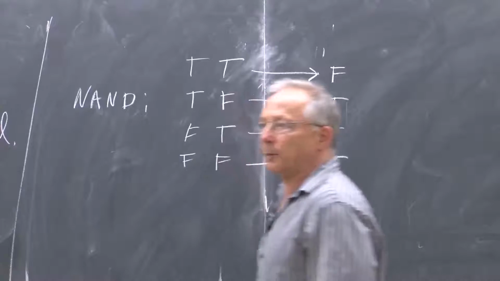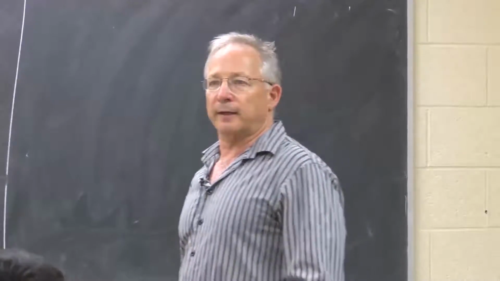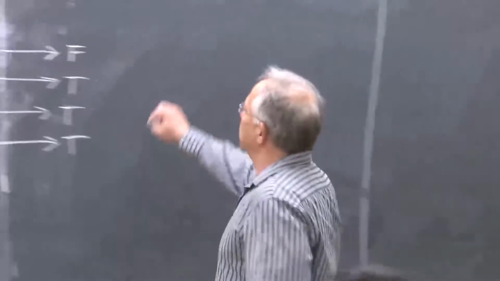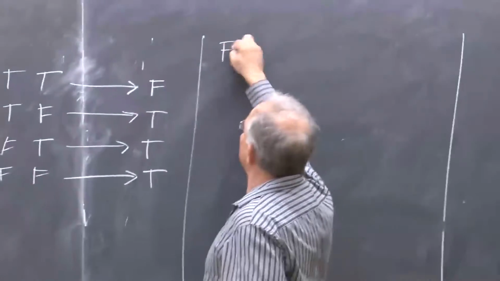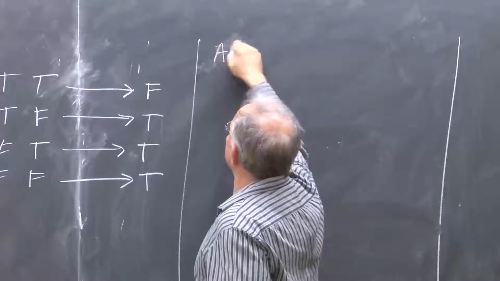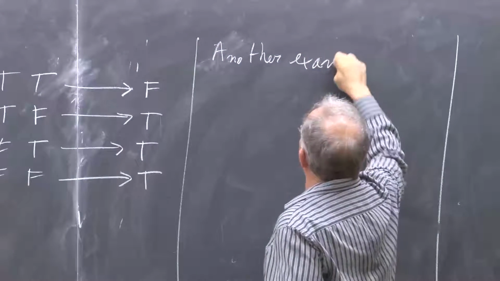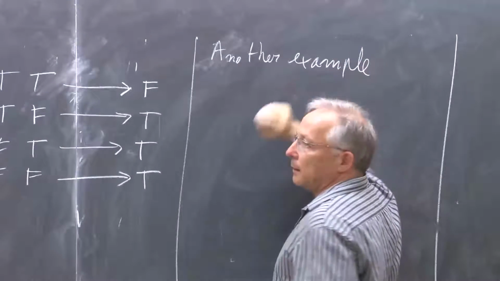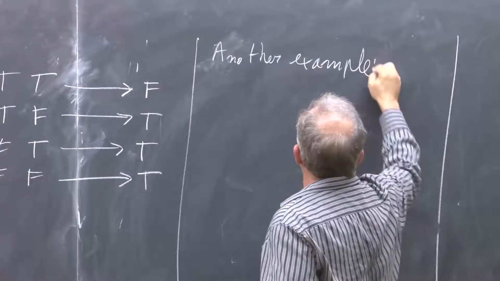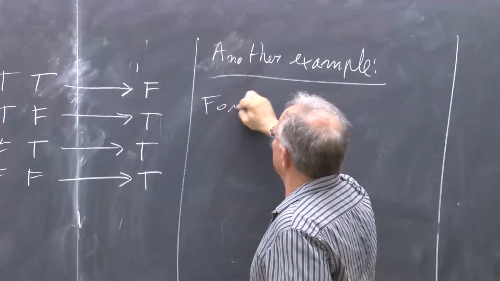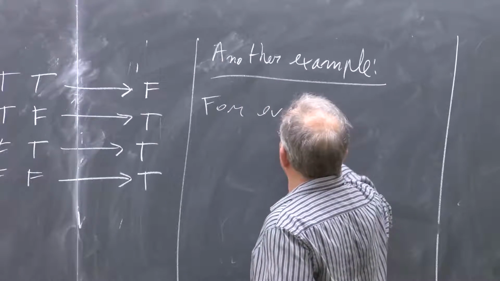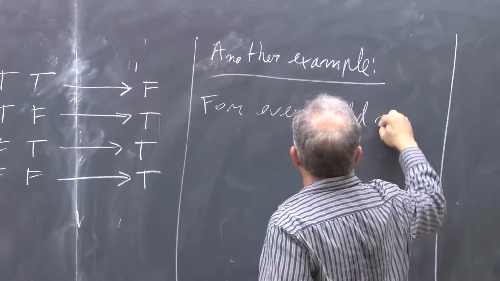And I can also talk about truth functionals for other n's. So for example, for every odd number n,